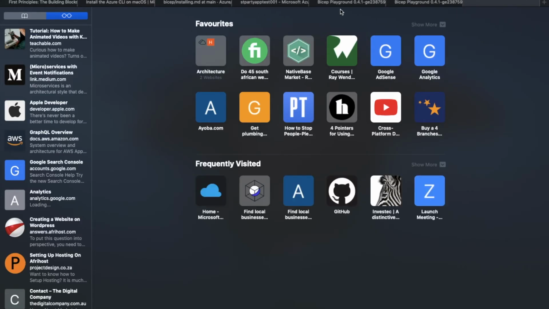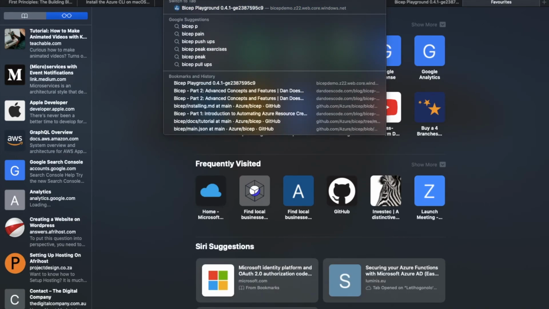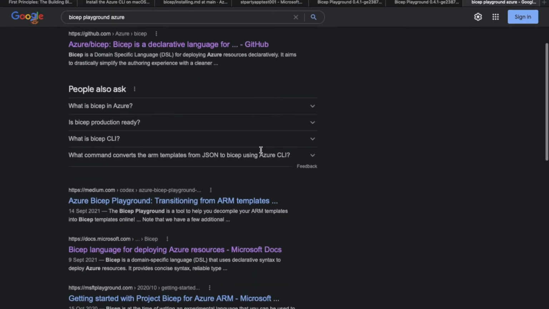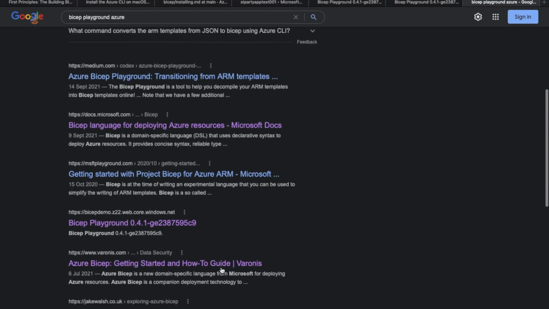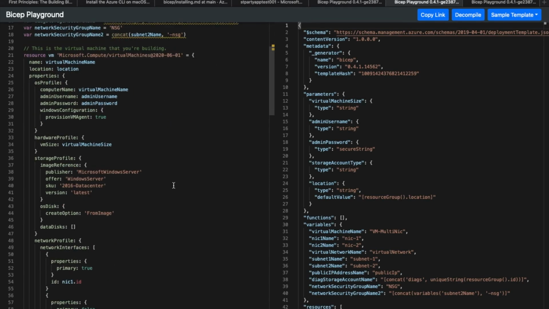Go into Google and then type Bicep playground in Azure. Scroll down a bit, it'll take you to Bicep demo Z22. Click that. This is going to take time to load, but at the end it looks something like this,